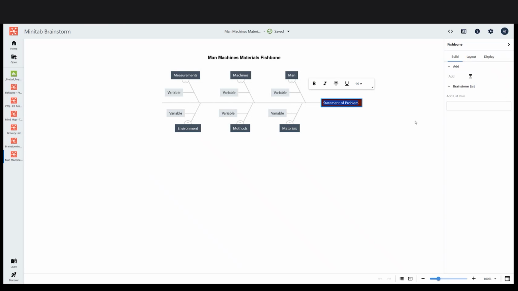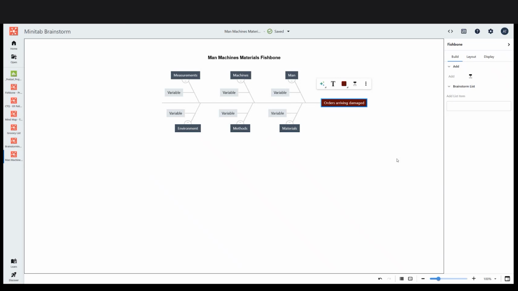So the very first thing we're going to do is enter our main problem. In our case, it's orders arriving damaged. And then the man-machine-materials fishbone, if you're unfamiliar with it,